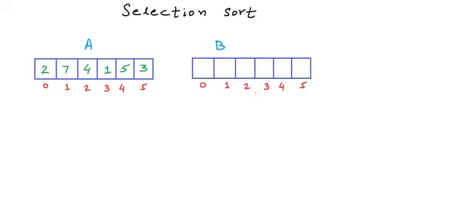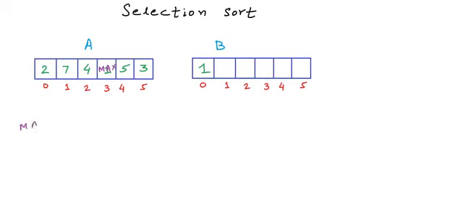Now we can start creating B as a sorted list by selecting the minimum from A at each step. There will be multiple passes on A. In the first pass, 1 will be the minimum, so 1 will go at the 0th position in B. Now there should be a way to mark that 1 has already been selected, so it is not considered the second time. One way to do this can be, we can replace the selected element by some very large integer that is guaranteed to be the maximum in the array at any step.